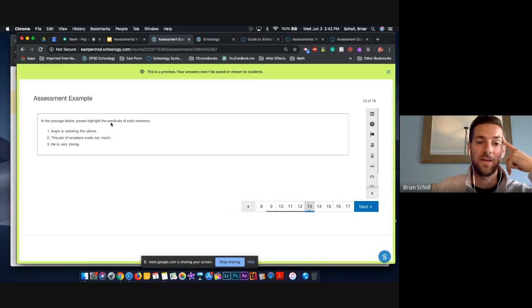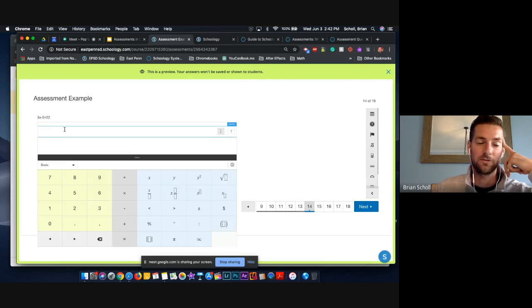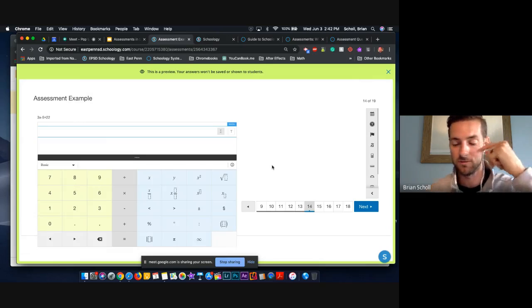And this is highlighting a word. So I have "highlight the predicate of each sentence." So you can have the students click on a word or multiple words, and that would grade it for you. This is a math one. So as I clicked on it, they would be able to, and what Dylan was referring to in the Pages video,